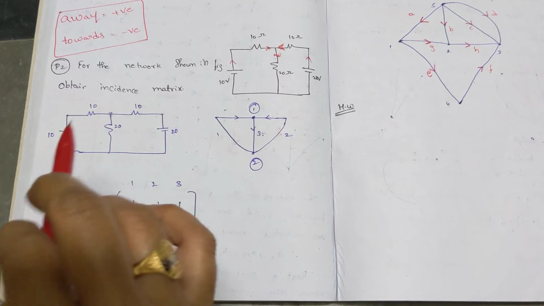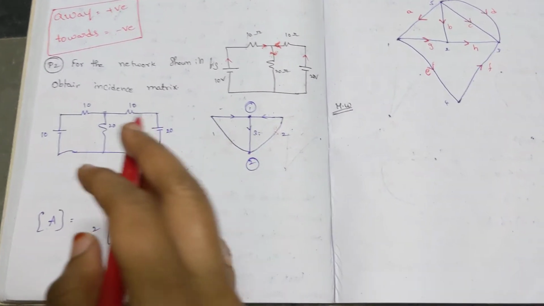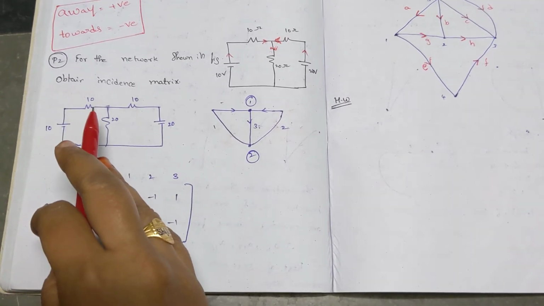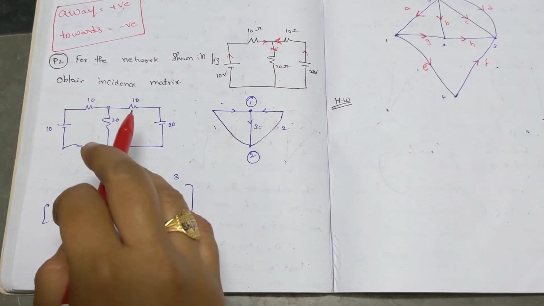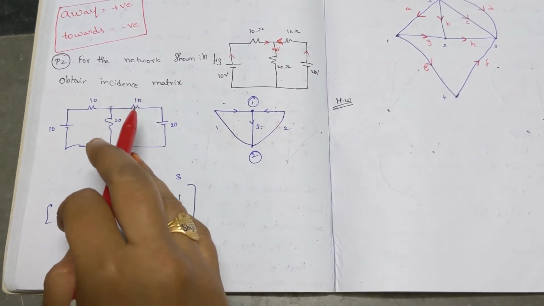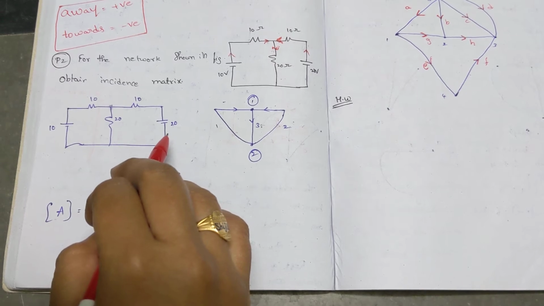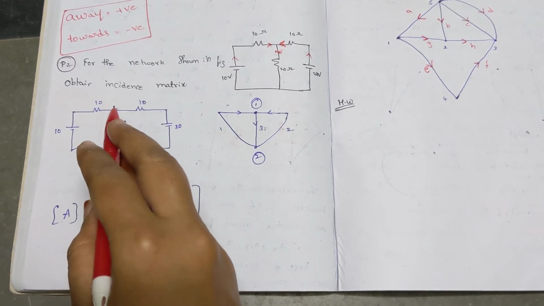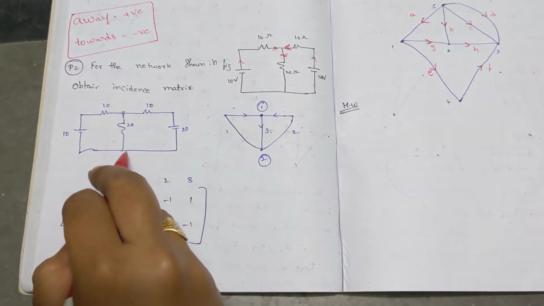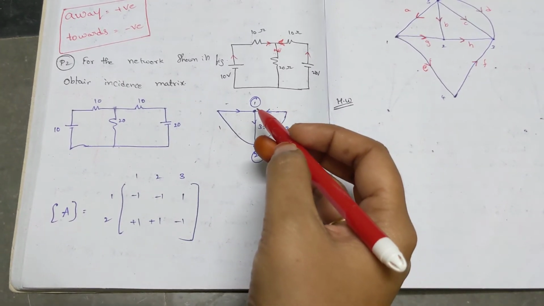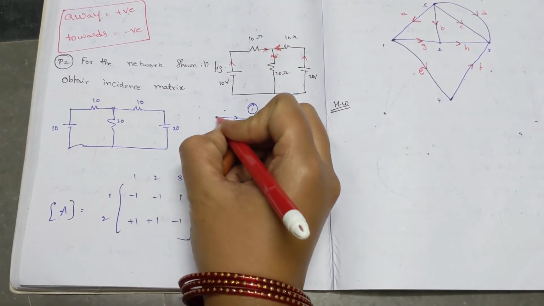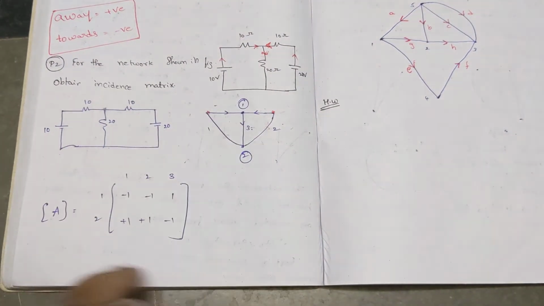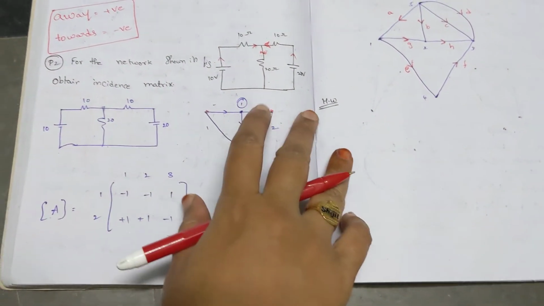So how many nodes are available here? This is a series element. That means the 10 volts as well as the 10 ohms resistor will form a series branch. And here also the 10 ohms and 20 volts will form one series branch. The rest of the nodes are this T node and this ground node. So I am simply considering the same way. This is also one element, but it will form a series branch. I never count this one.